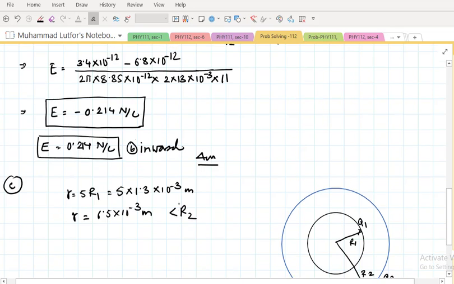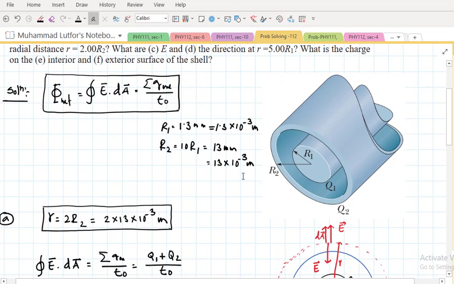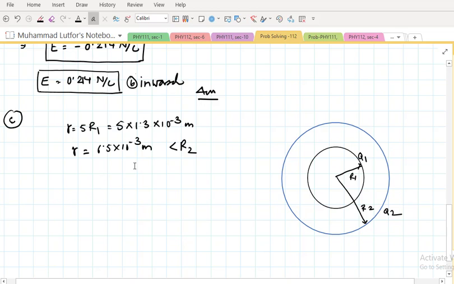Because R2 is basically 13 into 10 to the minus 3 meter, whereas this Gaussian surface would be 6.5 into 10 to the minus 3 meter. That means 6.5 millimeter. In that case, my new Gaussian surface would be inside the shell but outside of the cylinder. It means this Gaussian surface is going to enclose only the charge Q1,